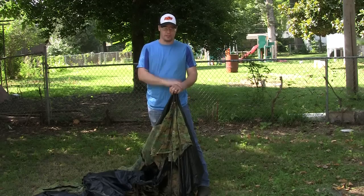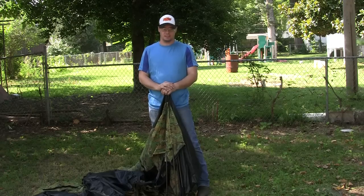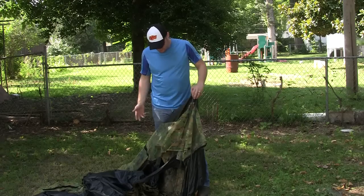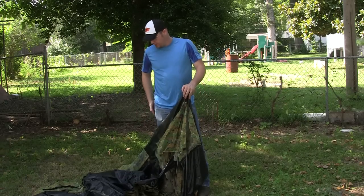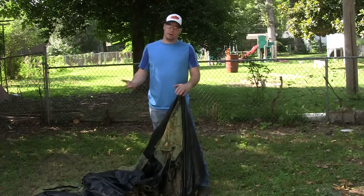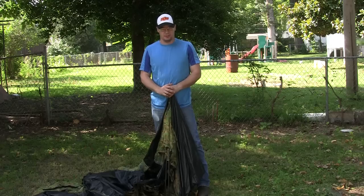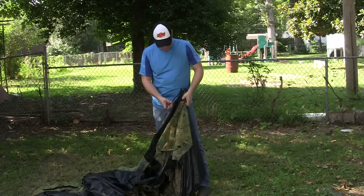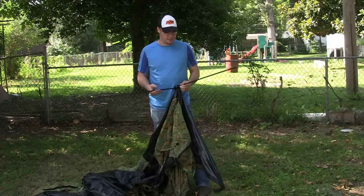Even my 8-year-old son put it up last night, and he was commenting on how bad this thing stunk. So I'm going to go ahead and try to put it back together and show you some of the features of this thing, because there are some things I do like about it. But the smell, I'm going to put it in my backyard, and I'm going to spray the hell out of this thing and try to get the smell to go away before I put it up next week. But the smell is a definite bad thing, and this right here is probably even worse,